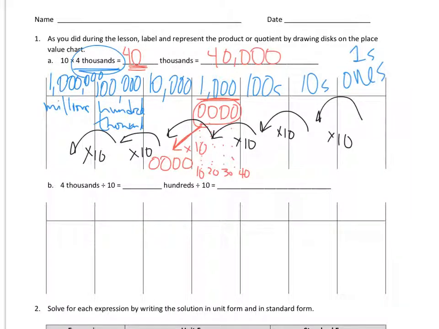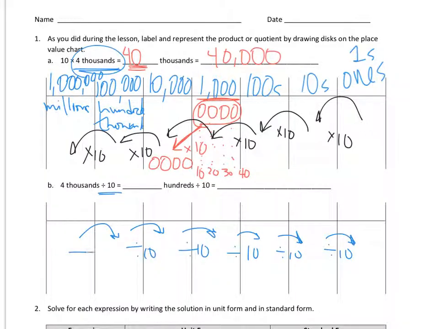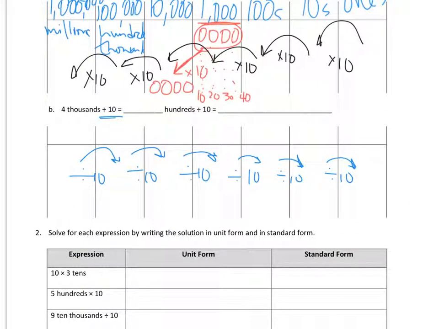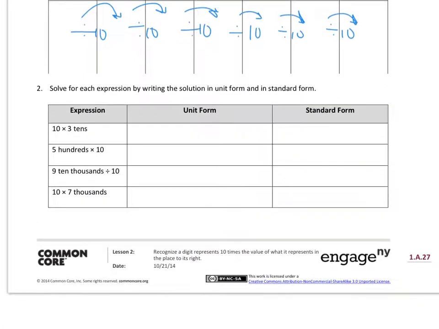But then you can see in B that we also learned about division. Division's the opposite operation, so when we divide, everything becomes a place smaller. So students should again label these place value charts, and then they're going to draw in the 4,000 again, but this time instead of multiplying by 10, they're going to divide by 10. Students should press pause and finish that problem, and then come and press play, and I'll explain how to do